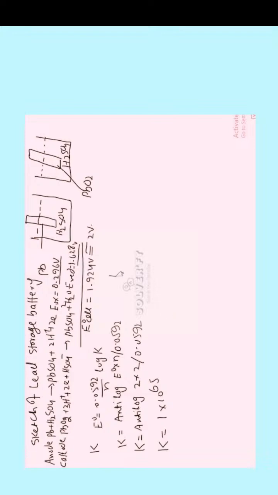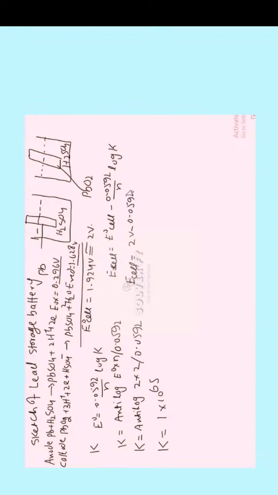In order to calculate the non-standard cell potential E cell, which is equal to E naught of the cell minus 0.0592 divided by n into log of K, putting the values, E cell is equal to E naught of the cell, which is 2 volt, minus